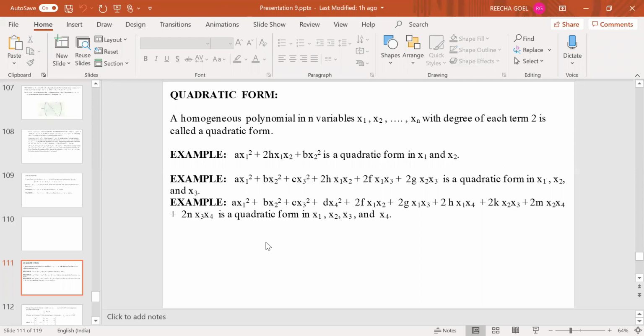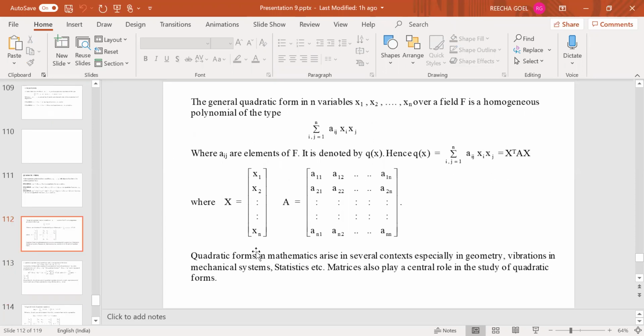Now, why are quadratic forms so important? I think I will discuss that in my next lecture. Because every quadratic form can always be expressed in the form of a product of matrices, and one of the matrices is always going to be a symmetric matrix. And we have the whole theory for symmetric matrices before us. So by applying that, we can make various studies.